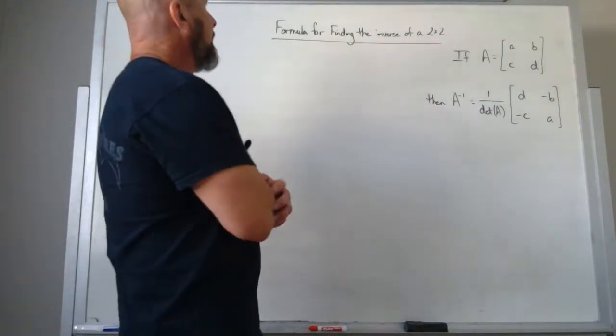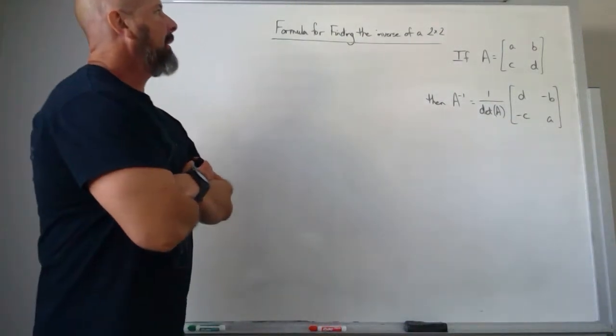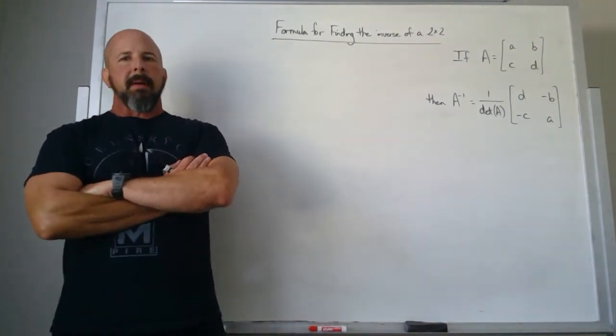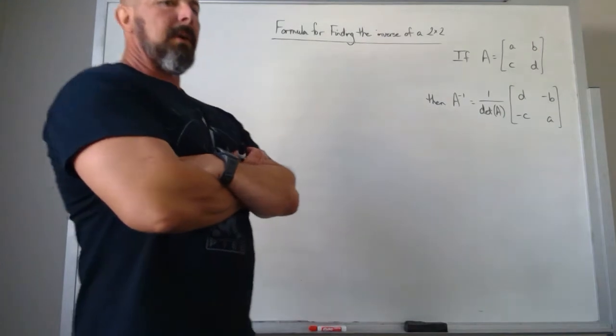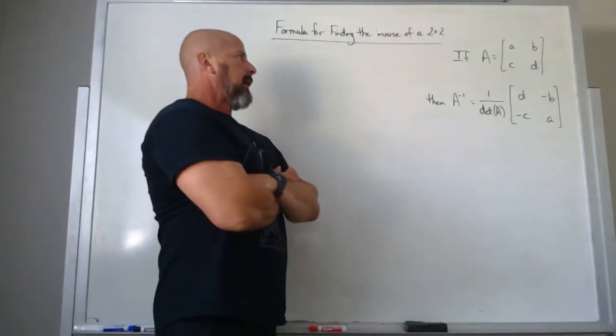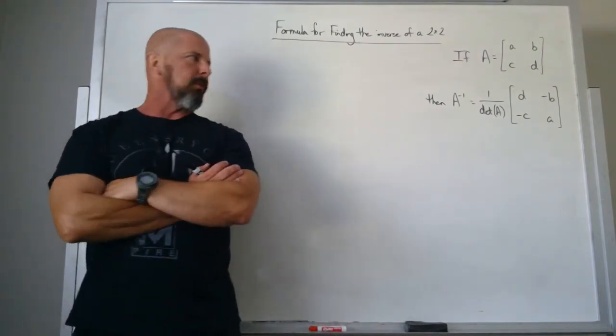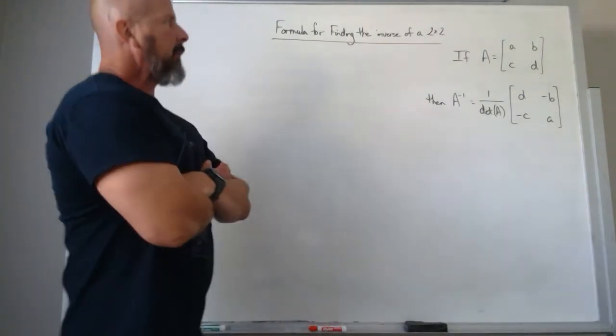Okay, we're going to work with a formula for finding the inverse of a 2 by 2 matrix. Now, at this point, we're just worrying about a 2 by 2 one as far as finding an inverse. At a different time, we would deal with 3 by 3s, 4 by 4s, and so forth. But if we have a basic